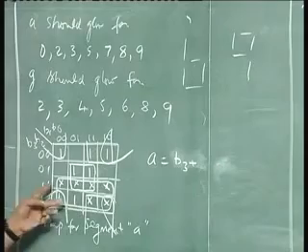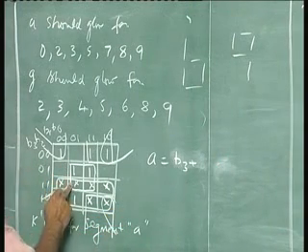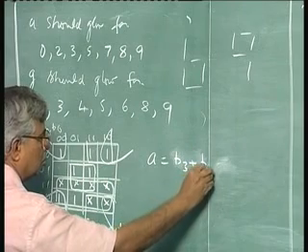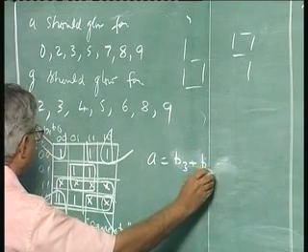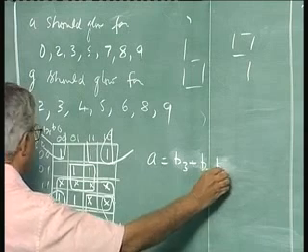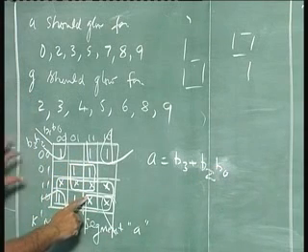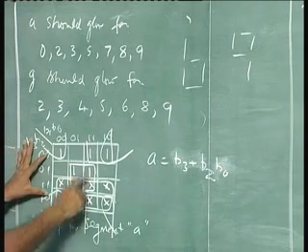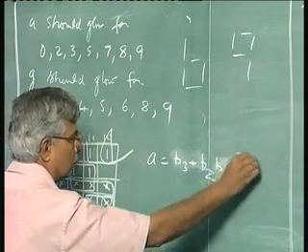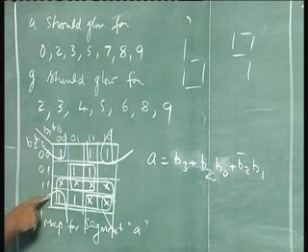So B3, then this is B2, B2, B0. These 4 will be B2 bar, B1, and then these 4 would be B2 bar,